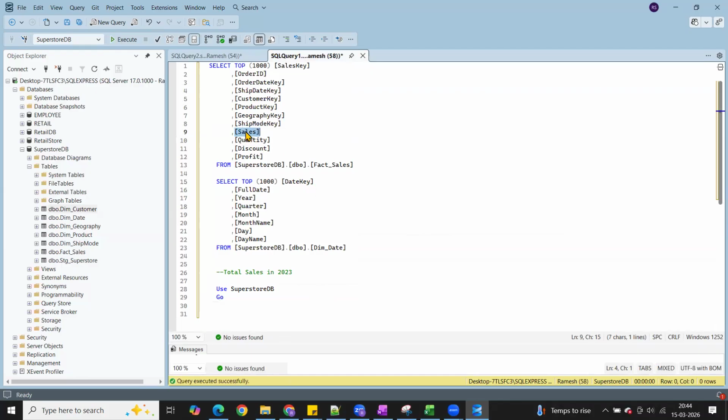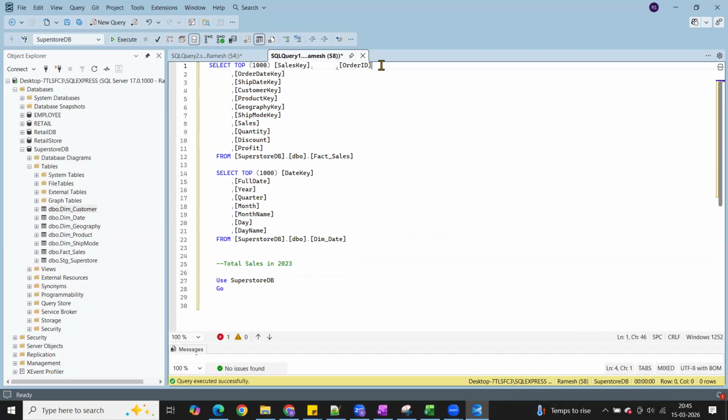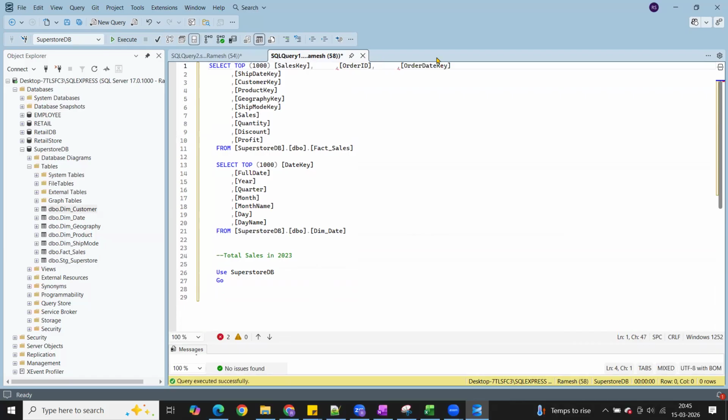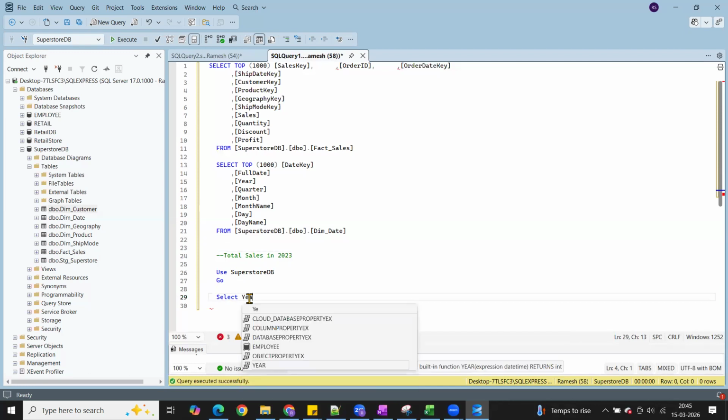Now let's see. You have sales from the fact table and year from the dimension table. So what is the SQL query? Select. I need totals. This is the question. You need a total sales, right? So you select